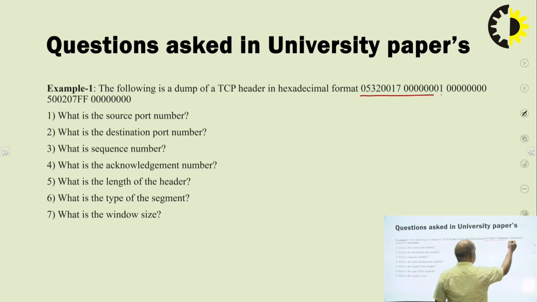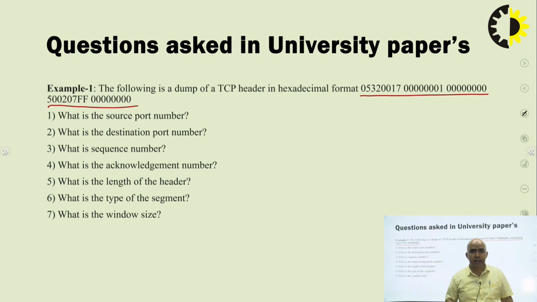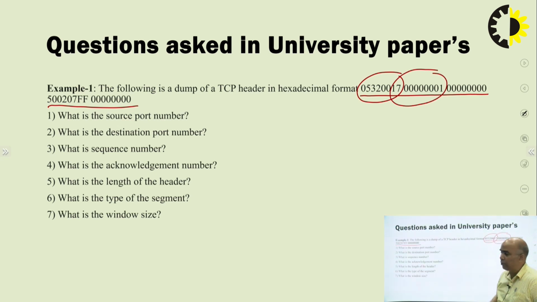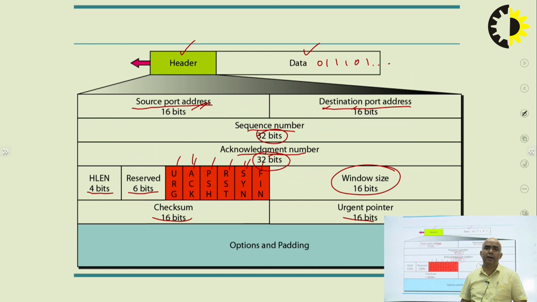This is the hexadecimal format in which the TCP header is sent from source to destination. Now you need to identify the source port number out of this, the destination port number, the sequence number, the acknowledgement number, the header length, the type of segment, and the window size. For that, the first thing is we need to look into the block diagram of this, in which we need to identify